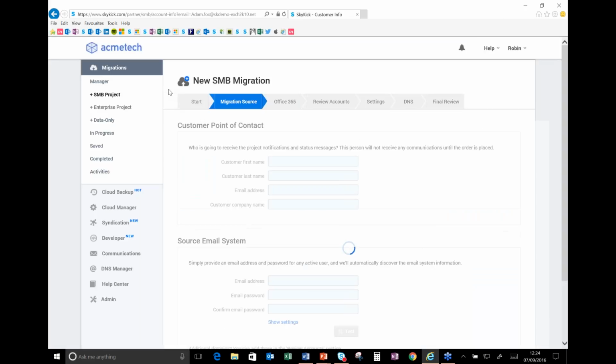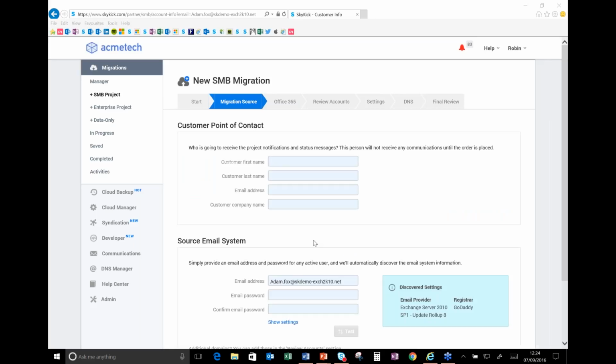Now, what we're going to do is do an initial sniff, if you like, of the email system. We're going to find out a bit of information about that customer. As you see, very quickly, we found some really important information here. So we found out that this customer is running Exchange 2010. We've actually got the service pack and the roll-up ID as well, and we've actually also found